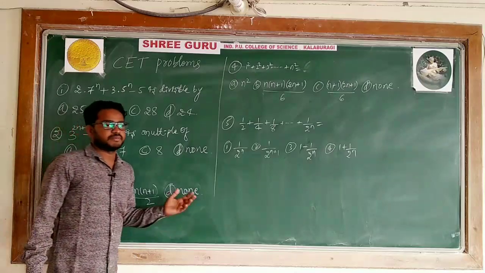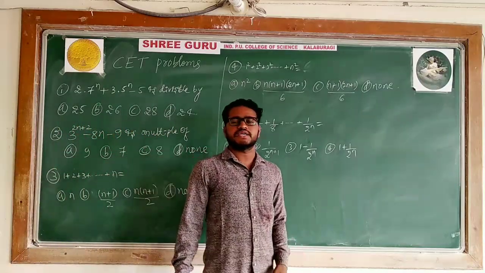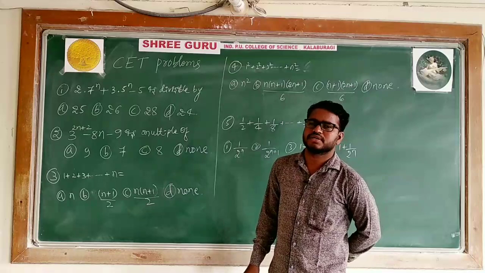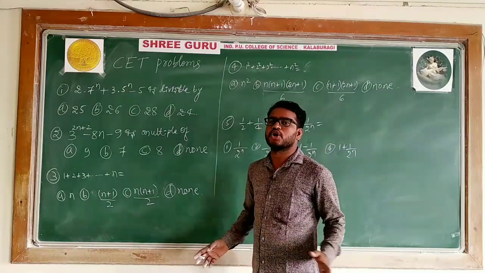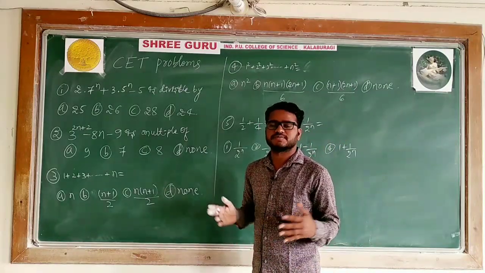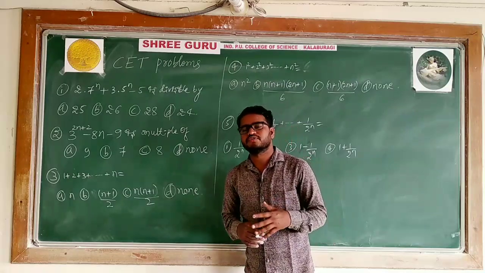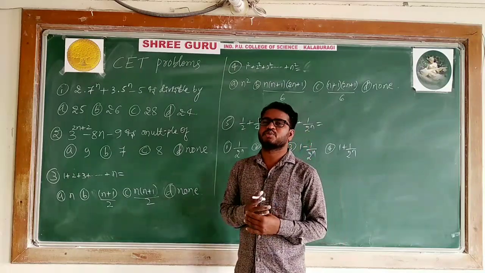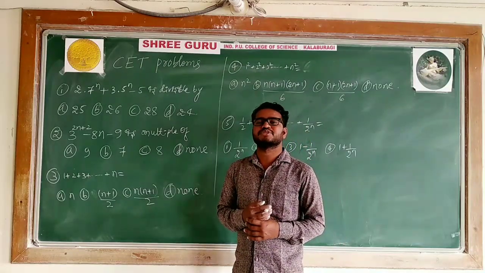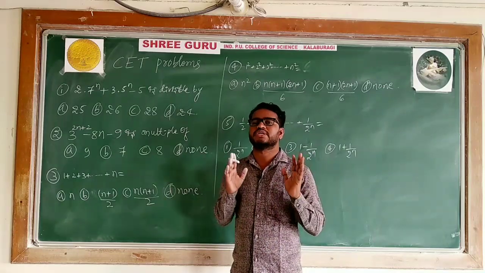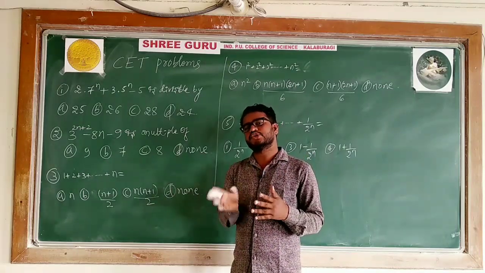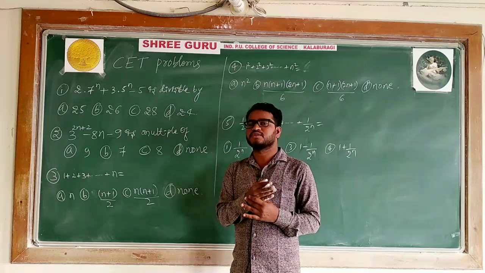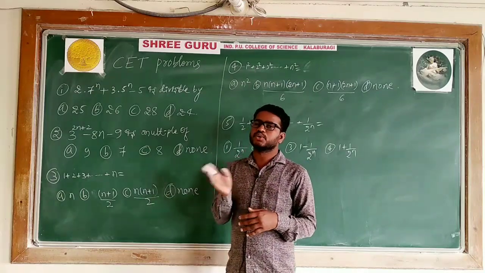Hello students, previous all problems are theory. In the case of CET, they will ask very simple things. Here we are not solving the first step, second step, third step. When you solve all the steps, it will be a very tedious job. In the case of CET, you can decide on the basis of n equal to 1 only. If it is not possible to decide with n equal to 1, we will go for the next consecutive numbers, n equal to 2, n equal to 3, like that.